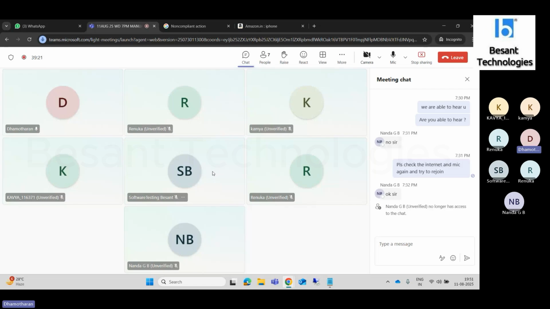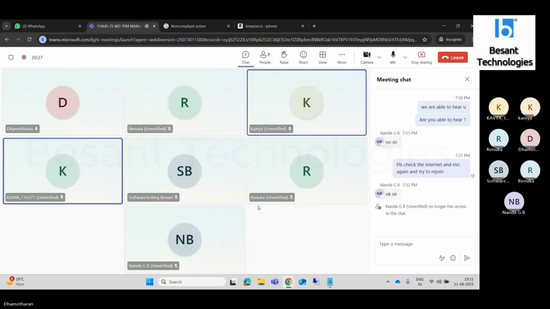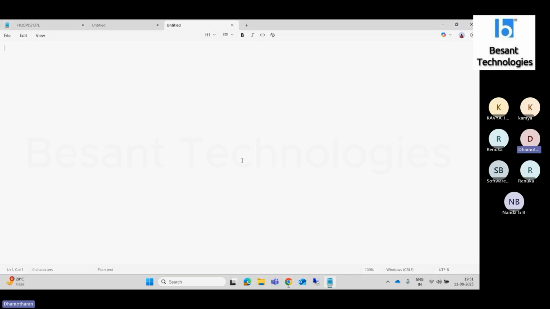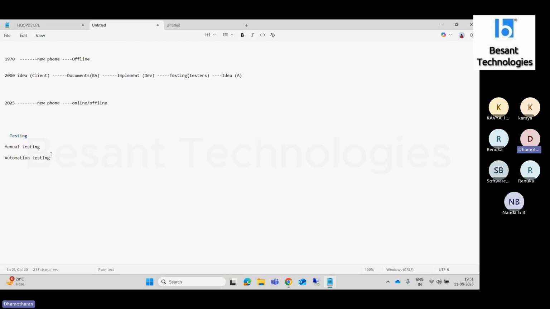Do you guys understand the difference and where we use them in real time? Are you clear? Yes, sir. Maybe day by day we'll go a little more in depth. This is a high level overview, and that is enough. So that is about manual and automation testing. Are you clear about manual and automation testing? Any doubts on manual and automation testing? Any other doubts in the entire session?